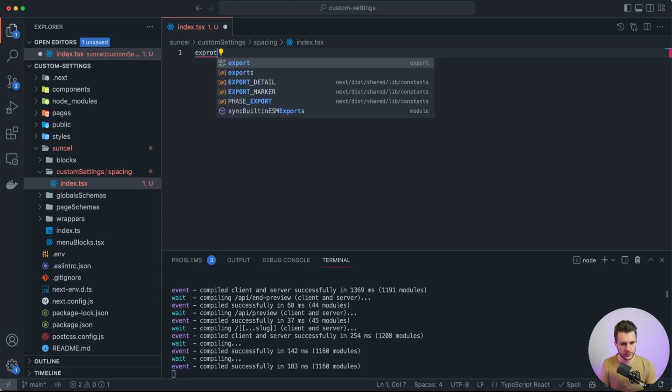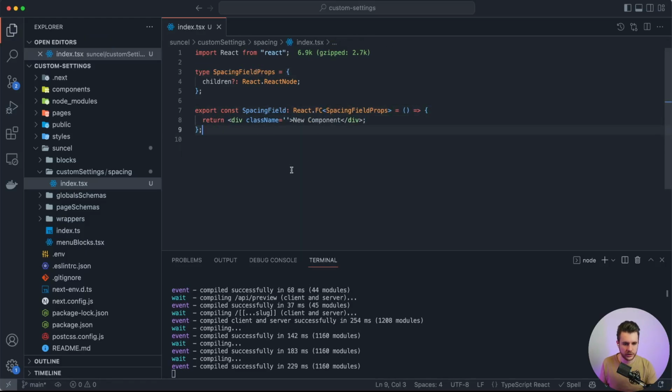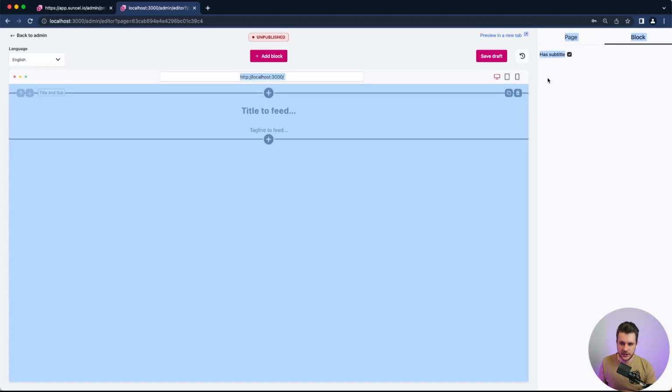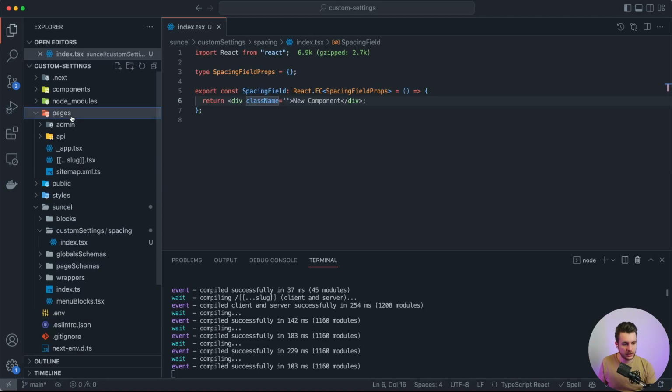And we will export SpacingField. Okay, so we create a basic React component. We may not need this. Okay, perfect. And now to be able to display these settings here, we need to add them inside the admin